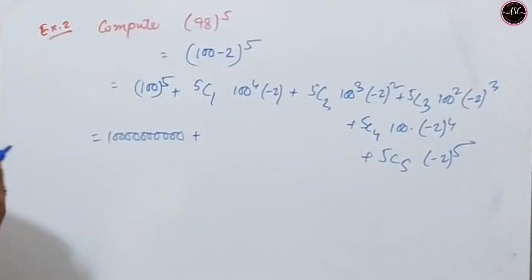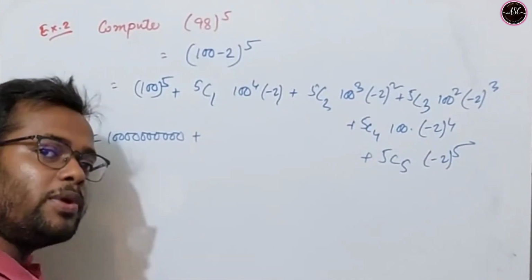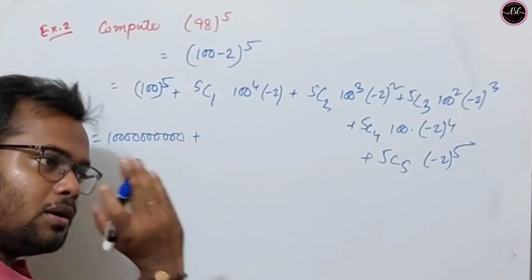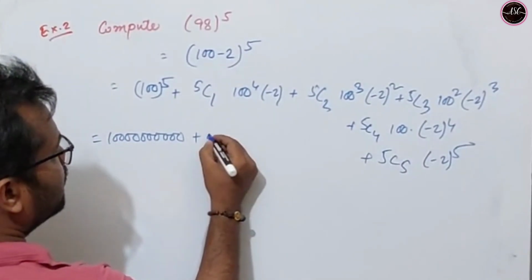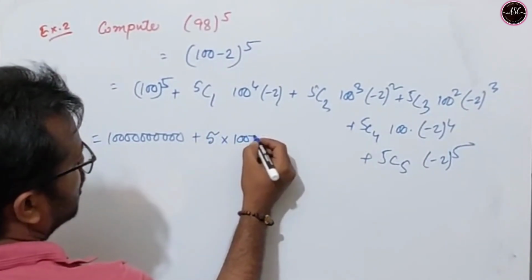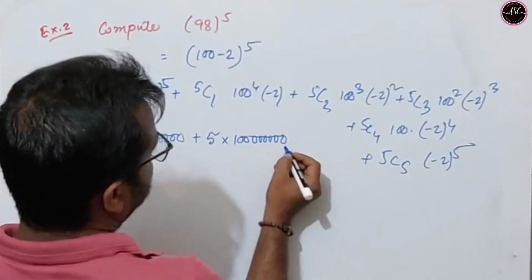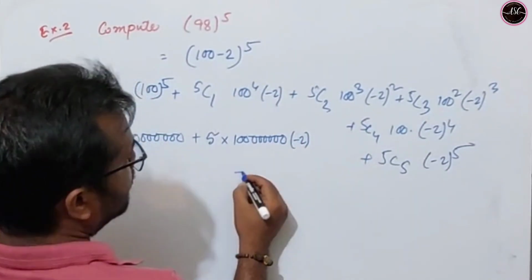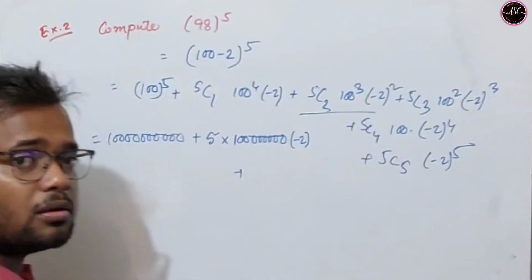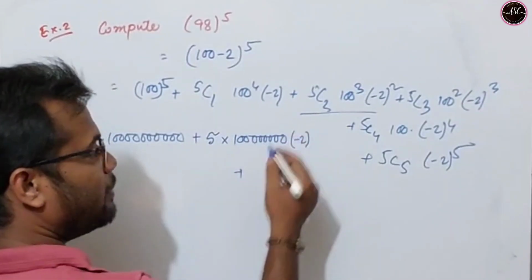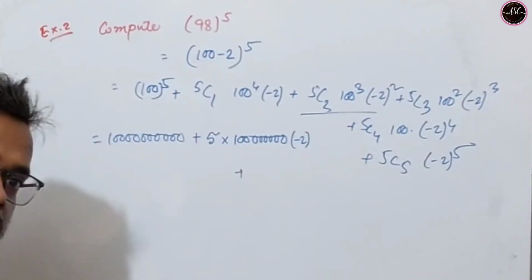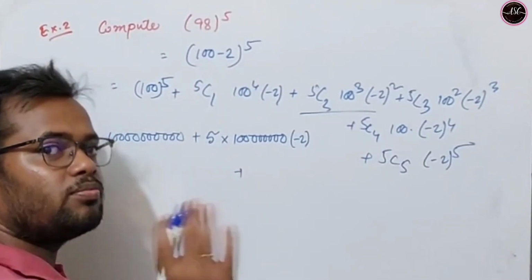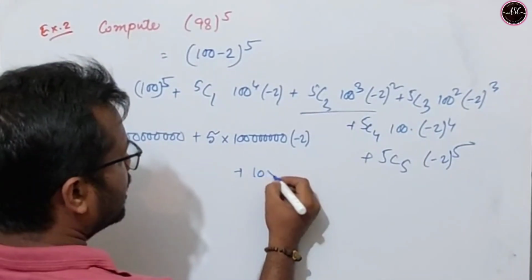5c1 equal to 5 factorial divided by 4 factorial. So 5 factorial equal to 5 into 4 factorial, 4 factorial will be cancelled out. Therefore, there will be 5 into 100 into minus 2. Okay, plus for this term 5c2 equal to 5 factorial divided by 2 factorial into 3 factorial. So 5 into 4 into 3 factorial, 3 factorial will be cancelled out, 5 to 10. Okay, 10 into